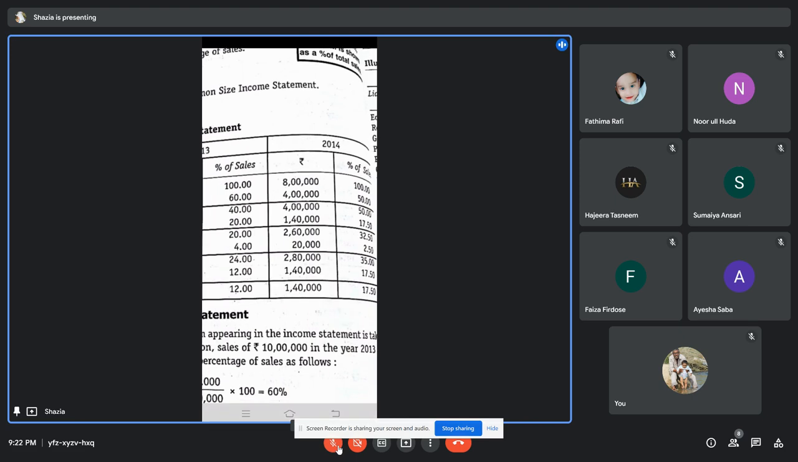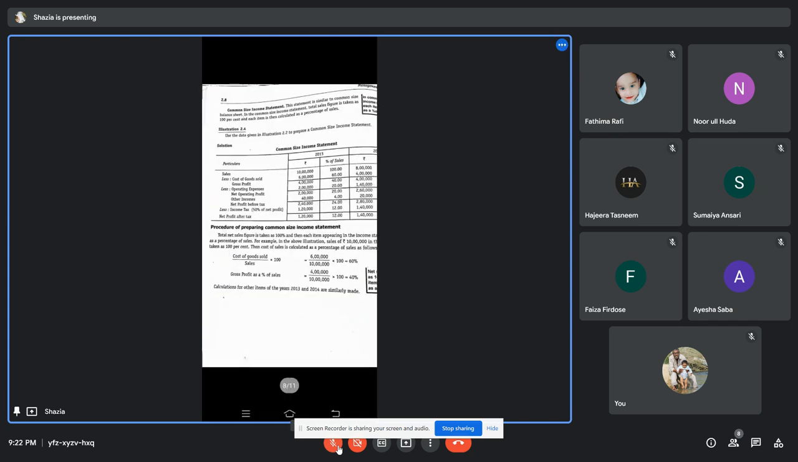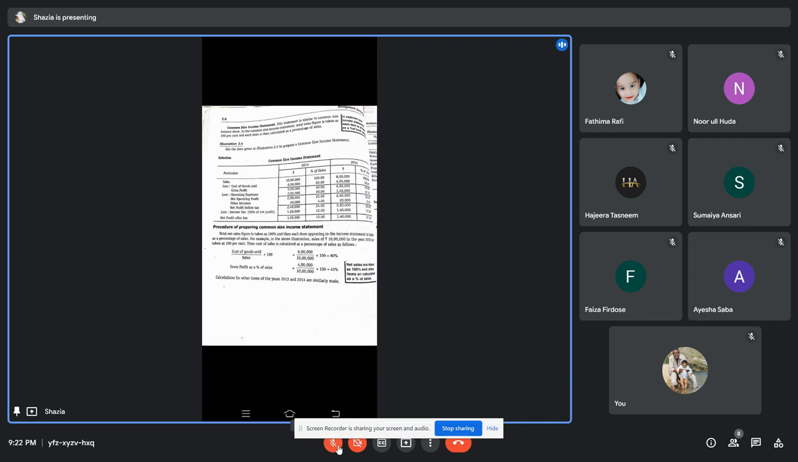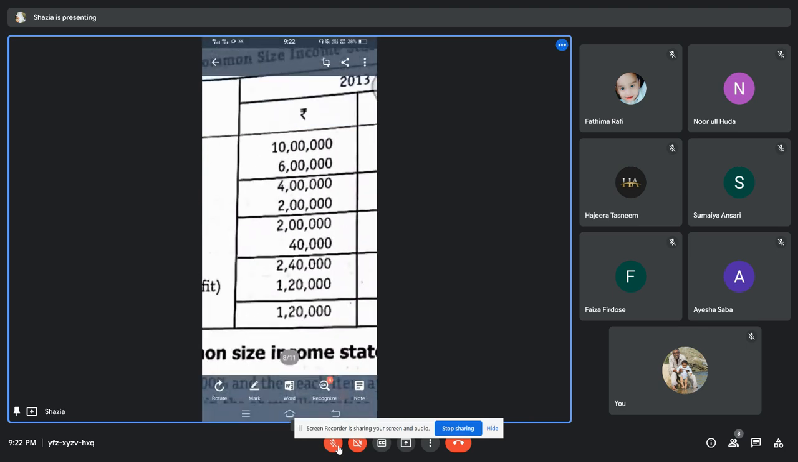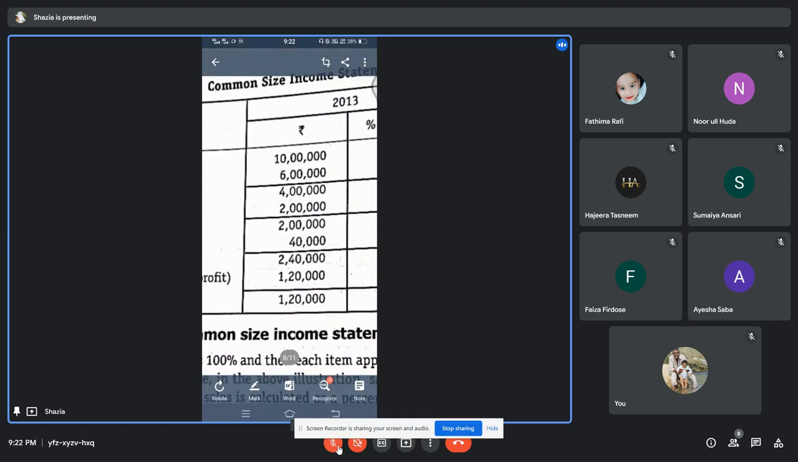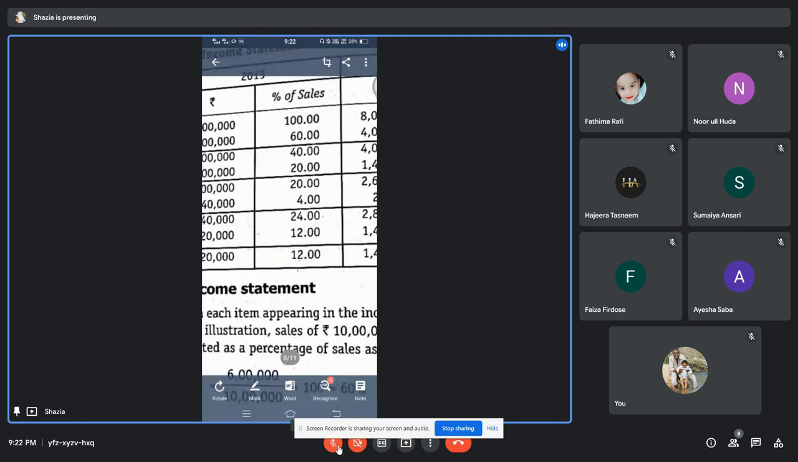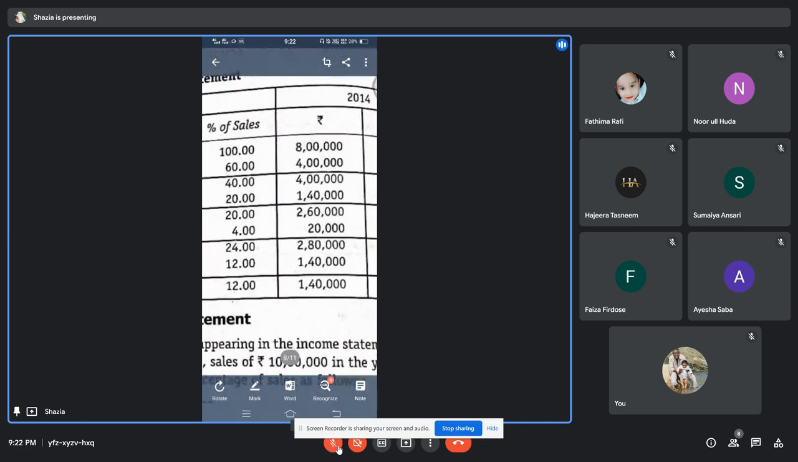Then the next part. What is the next thing here? We have to minus the operating expenses. Now operating expenses, you have to refer to the question for this. Operating expenses you have 2 lakh, and 1,40,000 in the 2014 year. Same thing you have to do. Take this 2 lakh divided with the common amount sales. 2 lakh divided by 10 lakh into 100 is 20%. Then again 1,40,000 divided by 8 lakh into 100 is